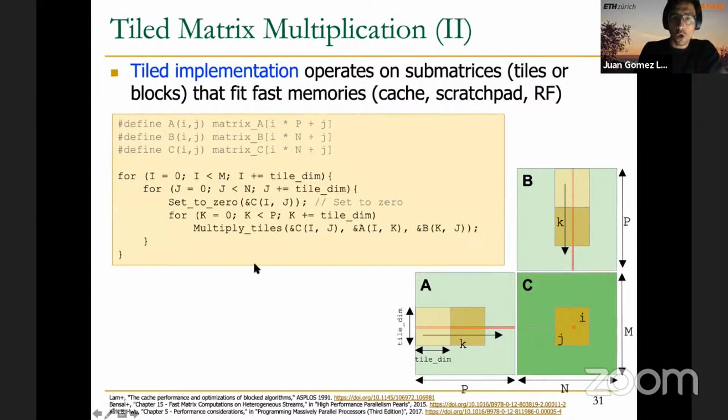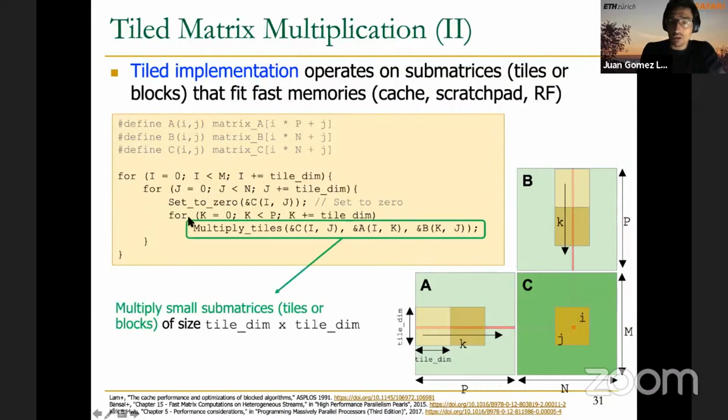And here is how the code looks after performing this optimization. We are going to have some function that is essentially a matrix multiplication. This multiply-tiles function is a matrix multiplication of the small submatrices, or tiles, into which we are dividing our matrices A, B, and C. So we would first multiply this matrix here by this matrix here and obtain some partial results that we store somewhere in matrix C. Then we load into the cache this submatrix here and this submatrix here, multiply them and continue accumulating. And that's